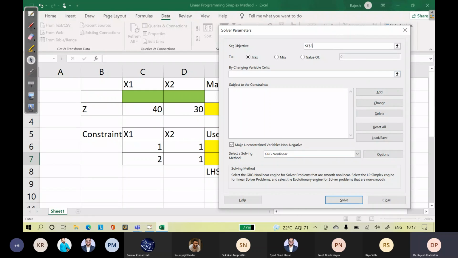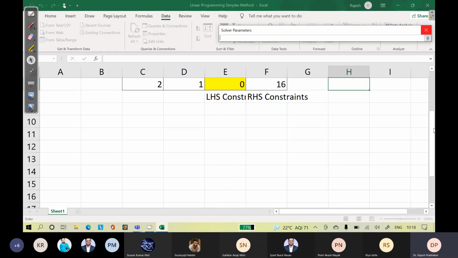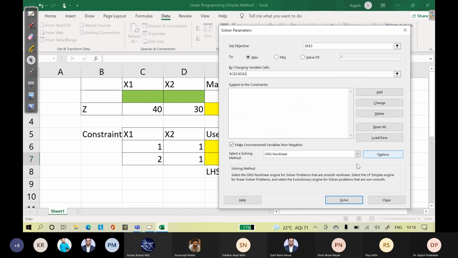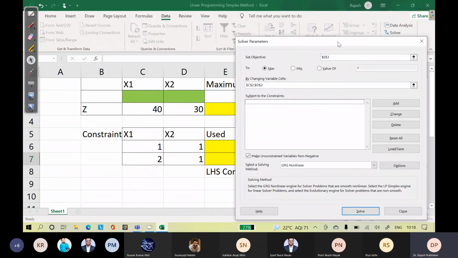One second, I'll tell you. By changing the elements of these two, we have to list out the constraint. So the constraint is C6.